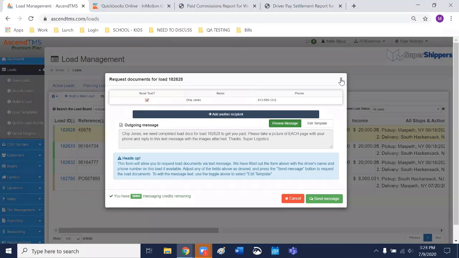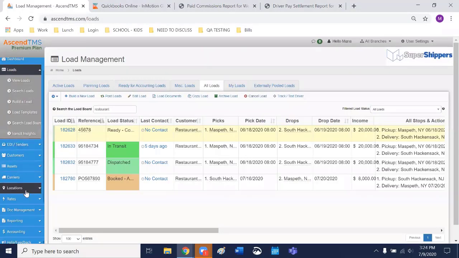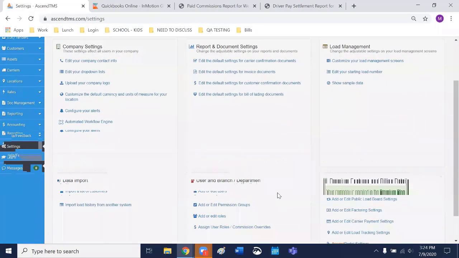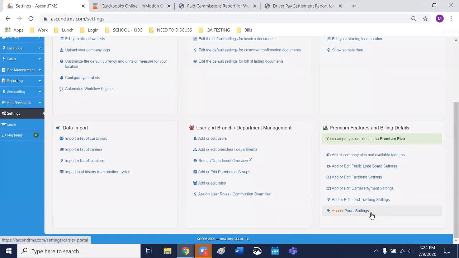The other thing too, and I hate to do this to you because essentially I'm giving you one more thing to look at that's brand new, and also it's a workaround, but our carriers like it so much that they use it. So the Ascend portal we created, we had very high demand for a carrier portal first. So that is what this is. It's a carrier portal.